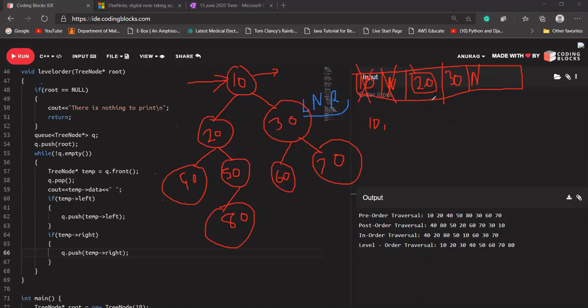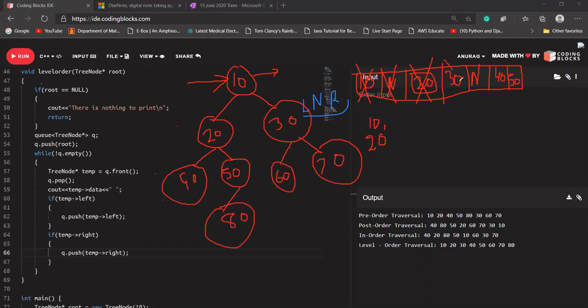Again for node 20, I'm going to pop it, and the same algorithm will be followed. 20 will be printed and 20's left and right will be inserted into the queue: 40 and 50.